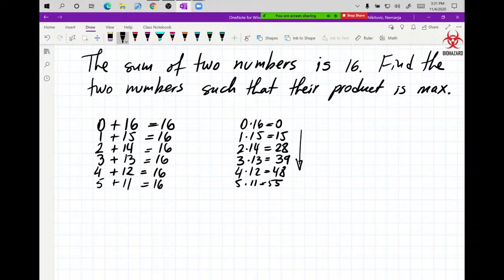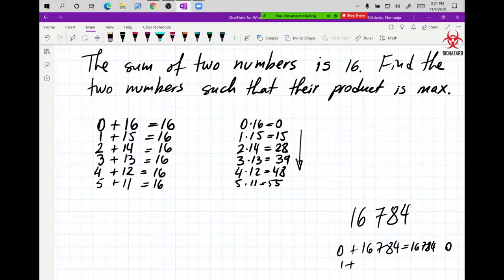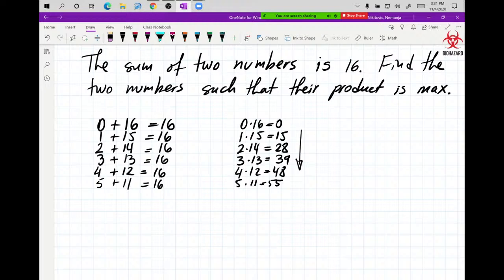But what if this number was not 16? What if the number was 16,784? Would you sit there and try all of the combinations? Sure, 0 plus 16,784 is equal to 16,784, and then the product is 0. Then 1 plus, right? It's going to take forever. So is there a clever way to deal with this using calculus? And the answer is yeah, and it's called